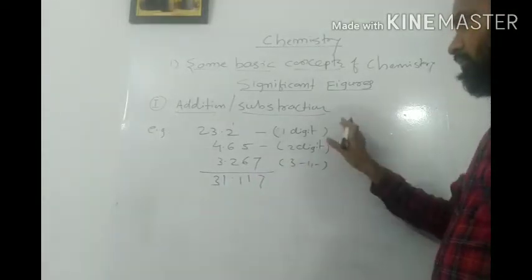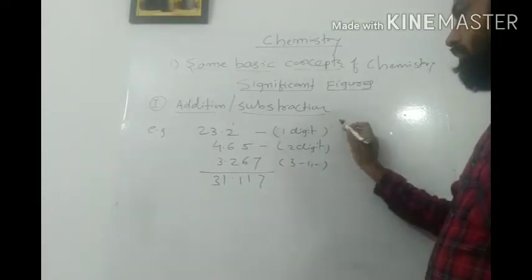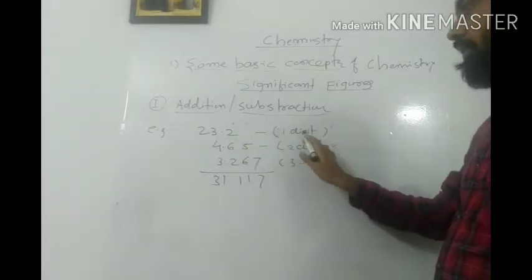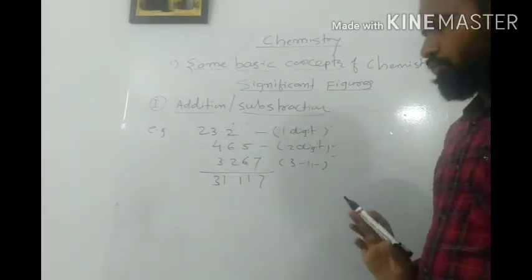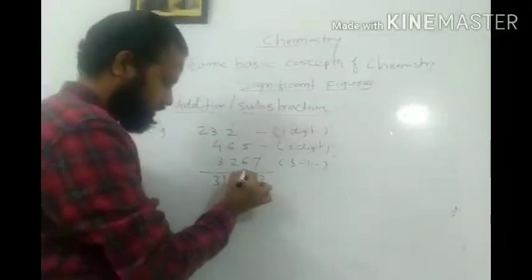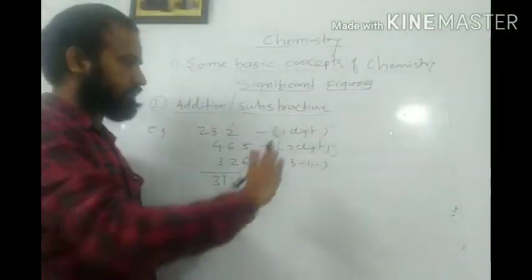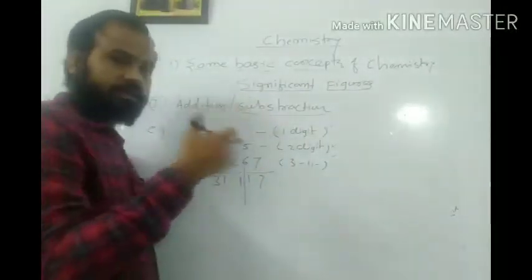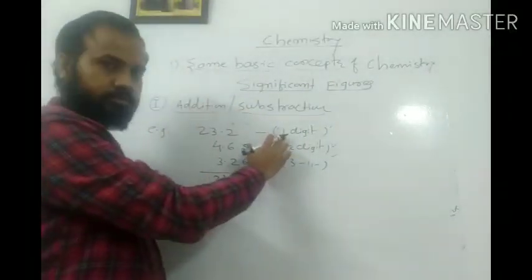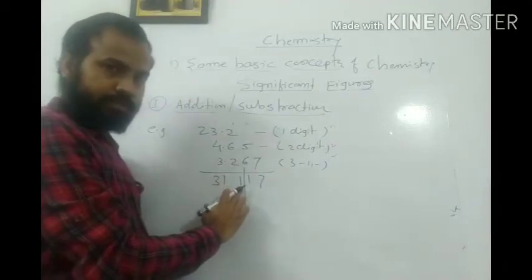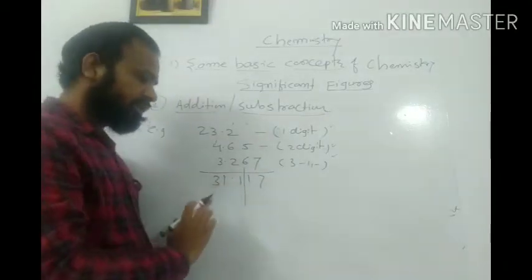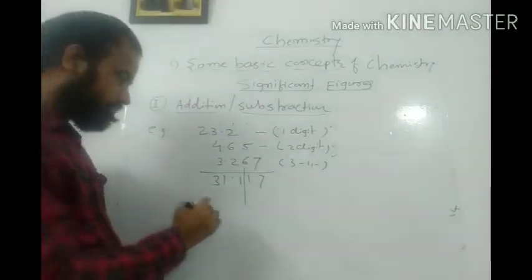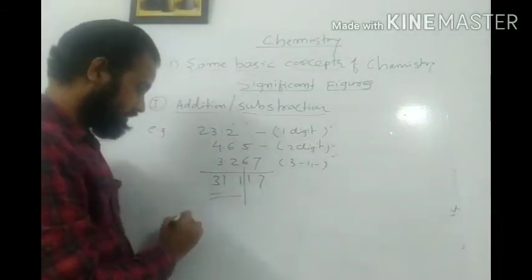Okay, now out of these 3 we have to consider the minimum digit. So here you will see in this example 1 digit is there after the decimal point, so we have to restrict our answer up to this 1 digit. Considering these 3, the minimum digits after the decimal point are 1, so I have to stop after 1 decimal place. Okay, so in this way I can write the answer of this addition is